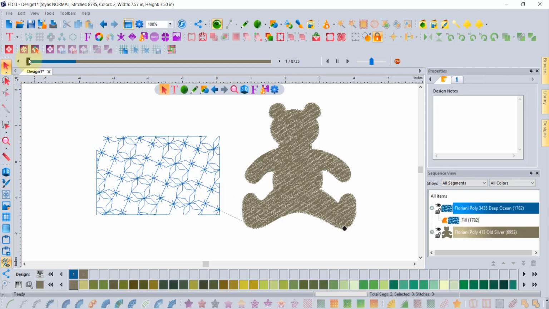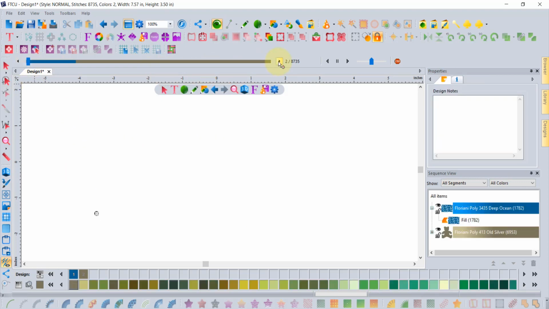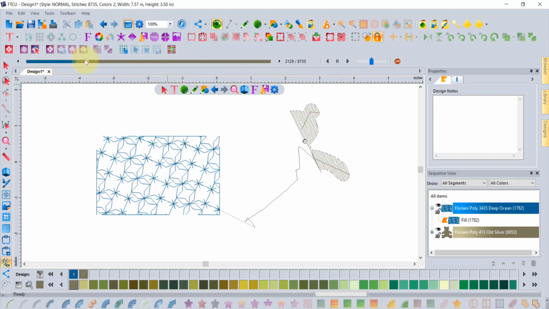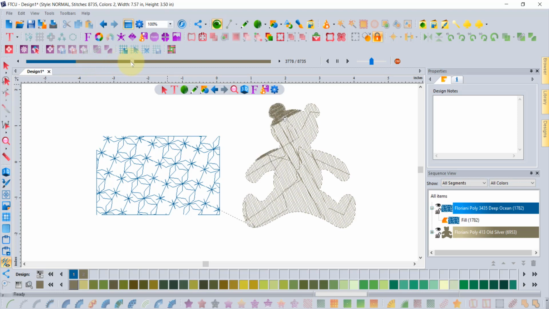And so if you watch this sew out, you'll notice that the first stitch will start right where I said it would start. It's going to sew through the pattern and sort of sew each thing kind of one time. Maybe I'll just drag it over myself. And so it's all very logical, and then it does the bear, started where I told it to, and finishes